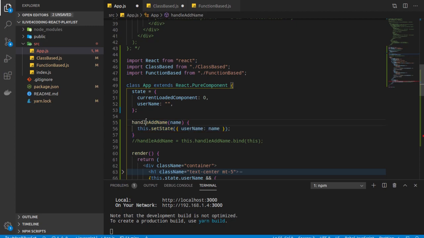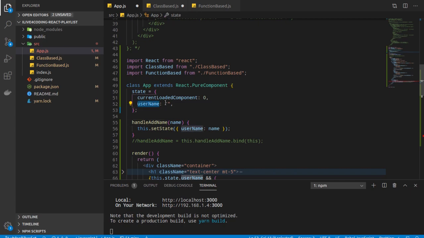You can see handleAddName, and inside this I am calling this.setState for username. I have a state, and as I mentioned, we can use it directly to show some value or save something. So here I am using it to save and show the value, hence I am saving it in the state.